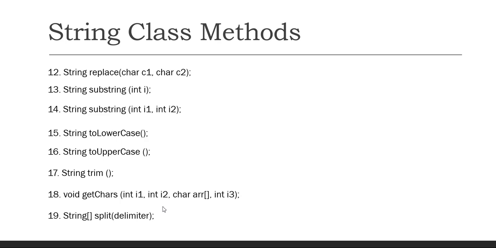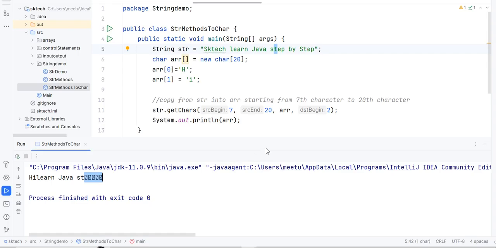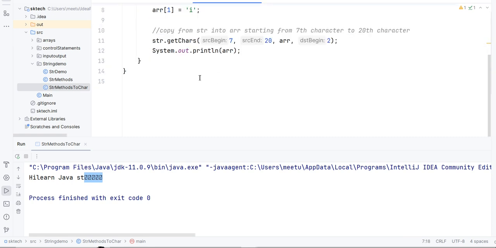Let's say we have an example like sketch learn Java step by step. This is the string, and we want to break it by spaces here. So these spaces will be treated as the delimiter, and each word it is going to store in a string array. So let's see how we can do it.